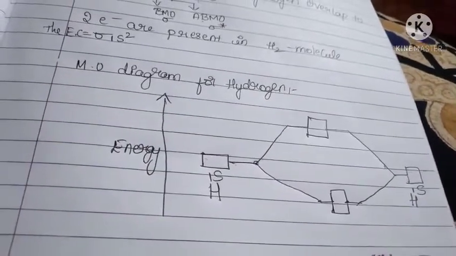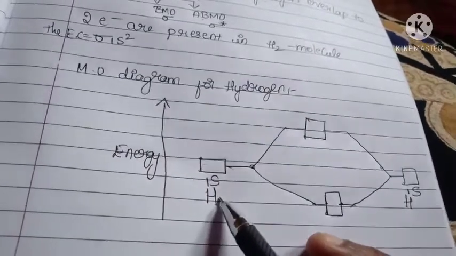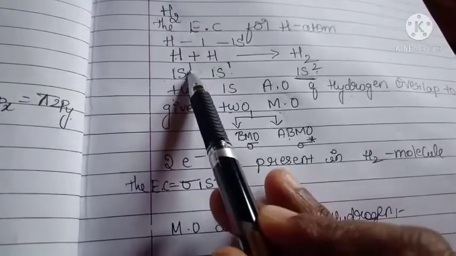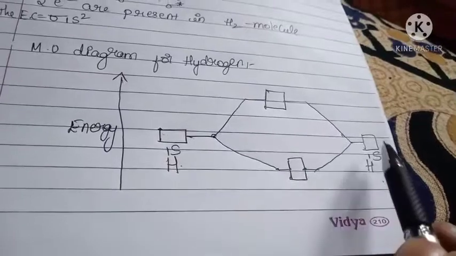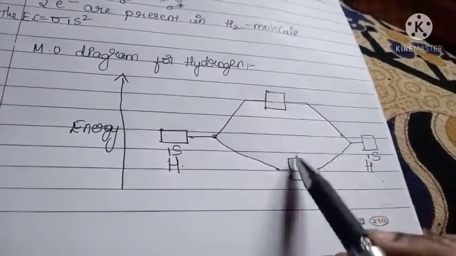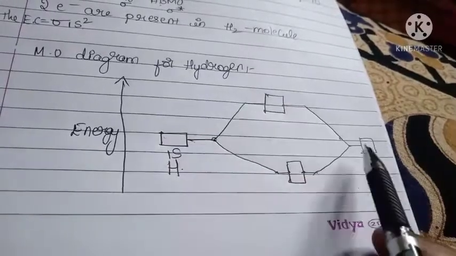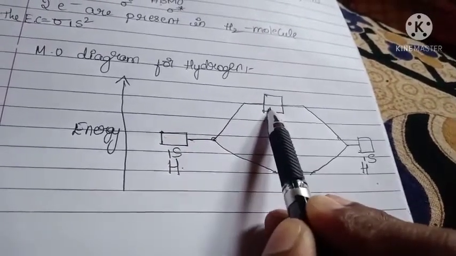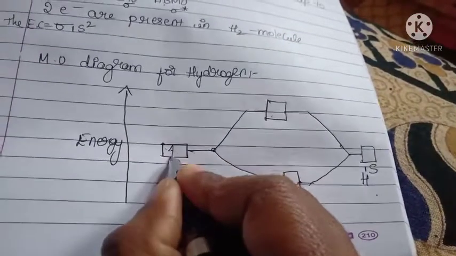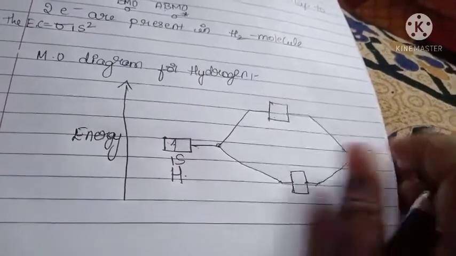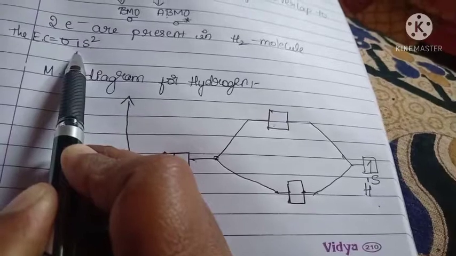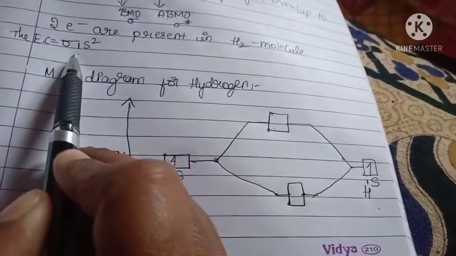Okay, here you have to observe 1 hydrogen atom and another hydrogen atom. Here there are 2 hydrogen atoms. How many electrons are present in one hydrogen atom? 1 electron each. So that's why these two are atomic orbitals, these two are molecular orbitals. Do you get it? Okay, in the atomic orbital it has 1 electron each, so you have to fill 1 electron each. After that, the electronic configuration of hydrogen molecule is sigma 1s2.